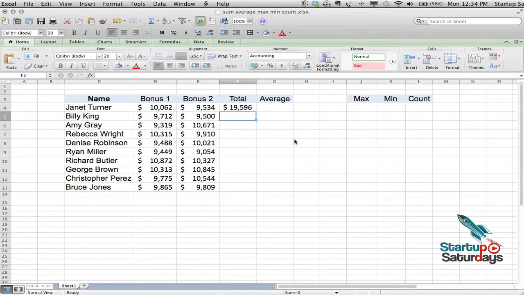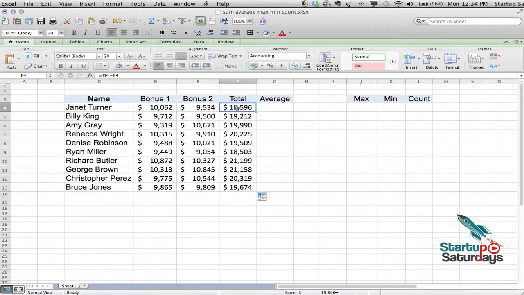and we have the total of D4 and E4. Now, if I bring my mouse to the lower right corner of this cell, and I double click on the cell, it automatically copies the formula down to the last cell that has a value on its left. So if there was no value in this cell, I will cut and paste the value down here,